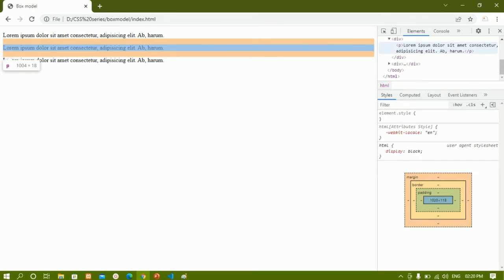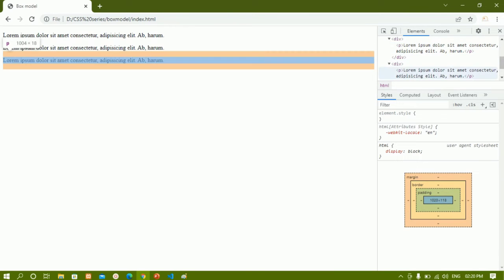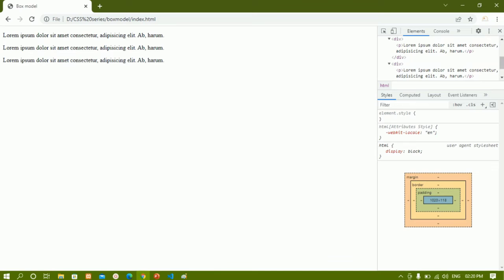Okay, so you should be very specific about which element we are having padding for and which element we are having margin for. Then again, finally, for this third div, I'm having the same thing. Also, we are going to see which padding will be taken by which element, so you don't have to worry about that. We are going to see margin collapse, everything in our next sessions.